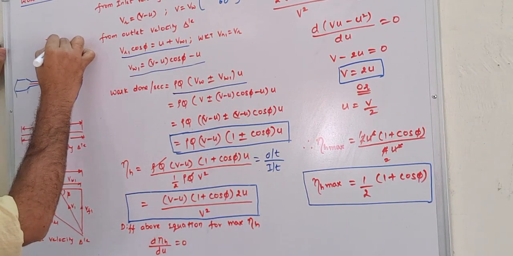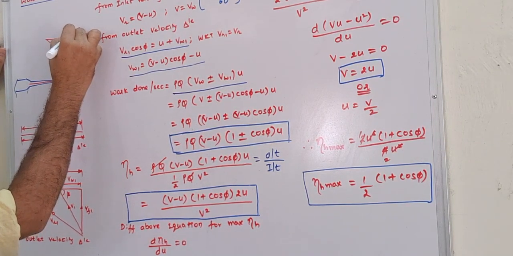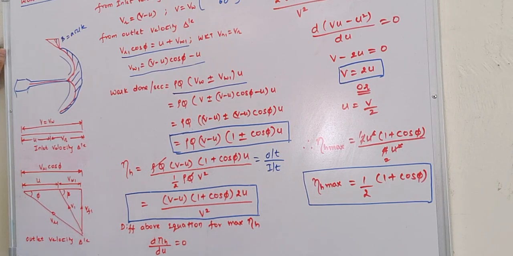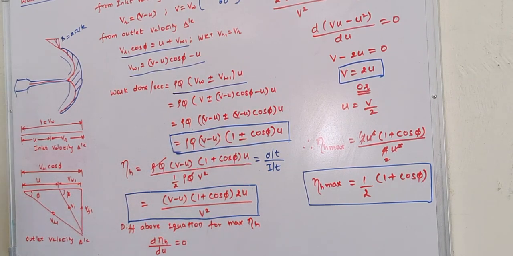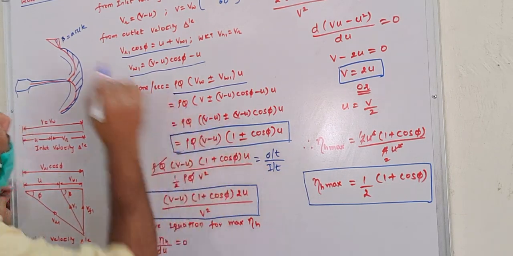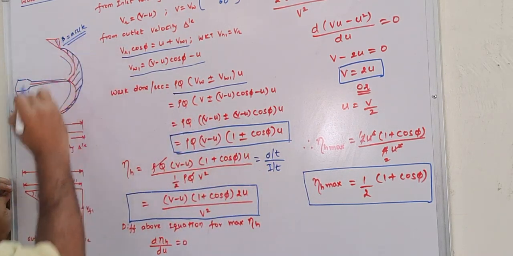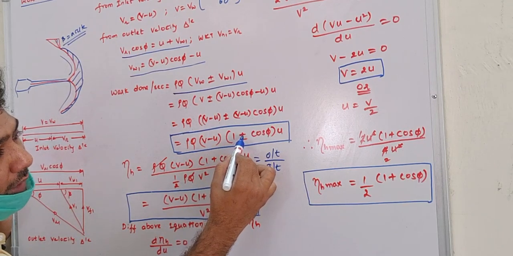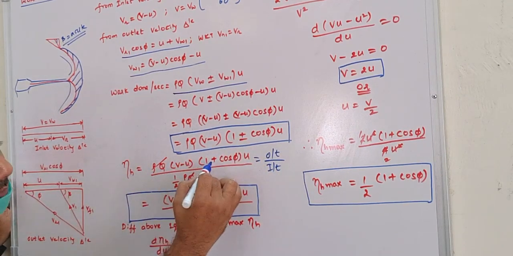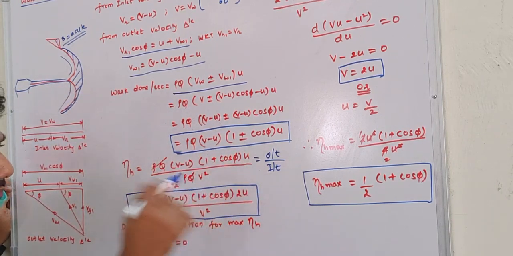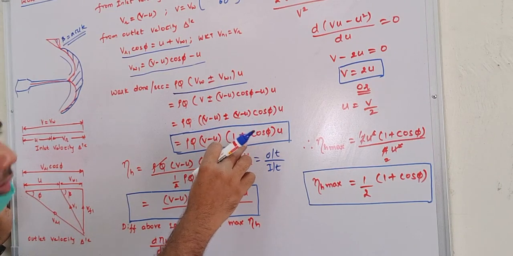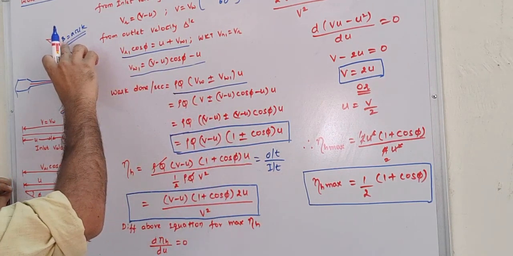So this beta angle is there, right? This beta angle should always be acute. Okay, it should not become 90 degrees or an obtuse angle. If it becomes an obtuse angle, what will happen? A minus sign will come into the position. So we try to design a turbine in such a way that this beta angle always remains acute. If it remains acute, then this plus symbol will exist. So in order to get higher efficiency, we make sure that beta remains acute. Okay, so this is the first condition. We try to eliminate the minus symbol by making sure the beta remains acute.